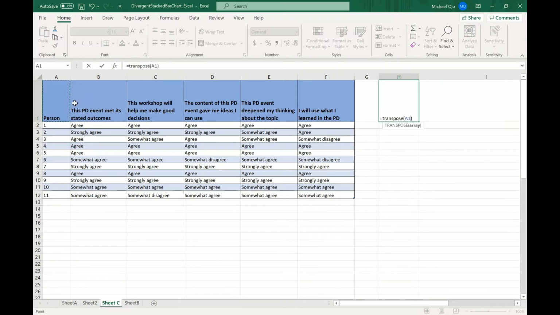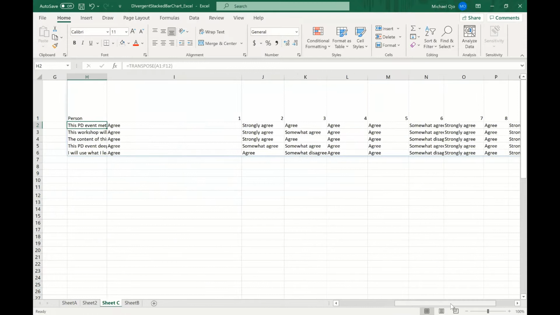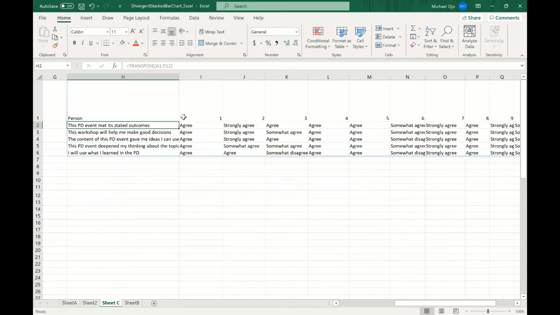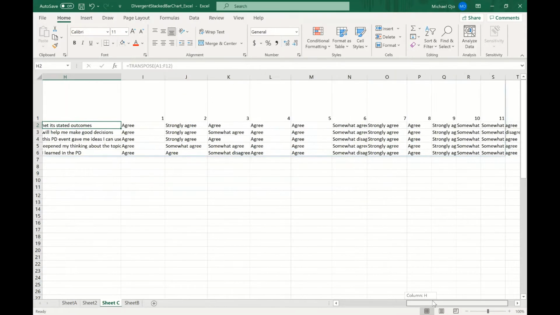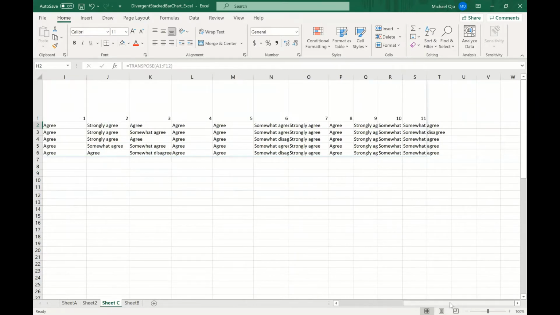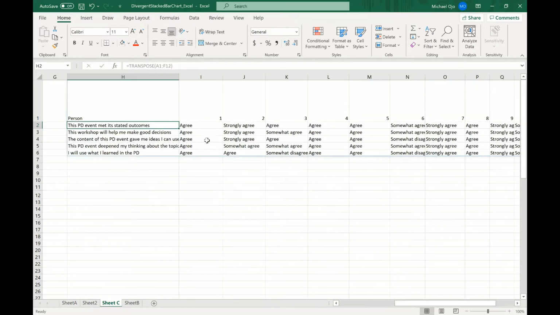I highlight the entire table and enter. You can see now, these are the questions asked in the survey, and these are the 11 participants, from 1 to the 11th. The first participant here agreed with the 5 questions asked in the survey.